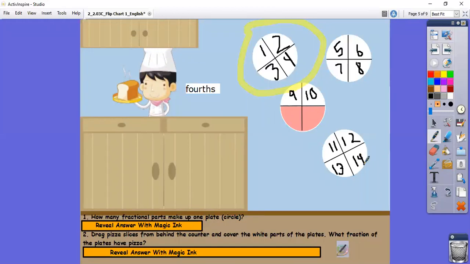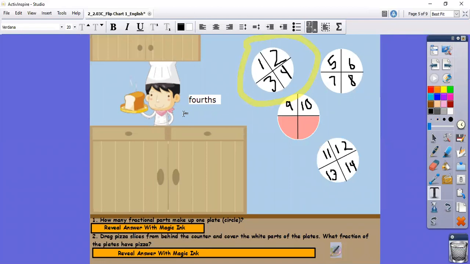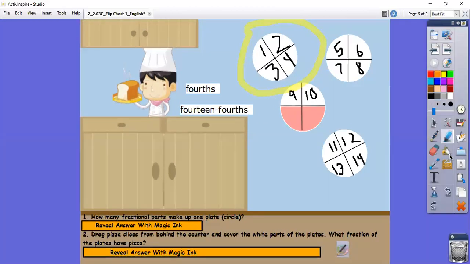Hey, this shows me that I have 14 fourths. Ooh, that's a lot. I have 14 fourths. Notice when I write this, I put a little dash in between the 14 and the fraction name, which is fourths. 14 fourths. I'm going to go back now and see how many whole pizzas or whole circles I